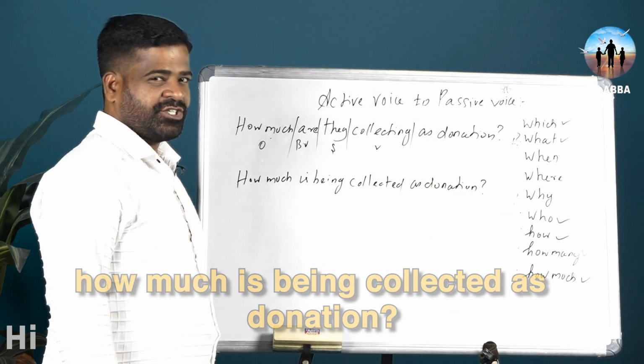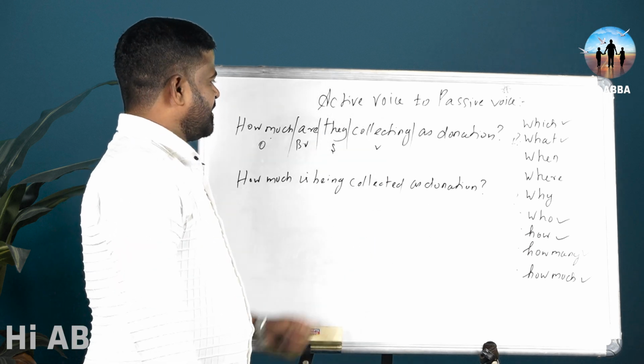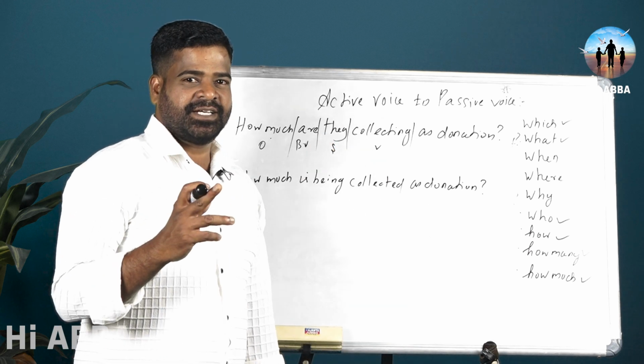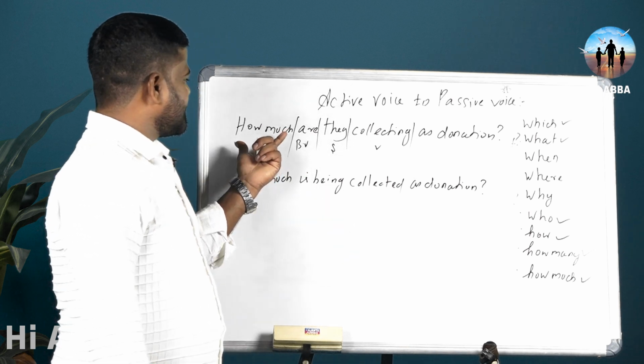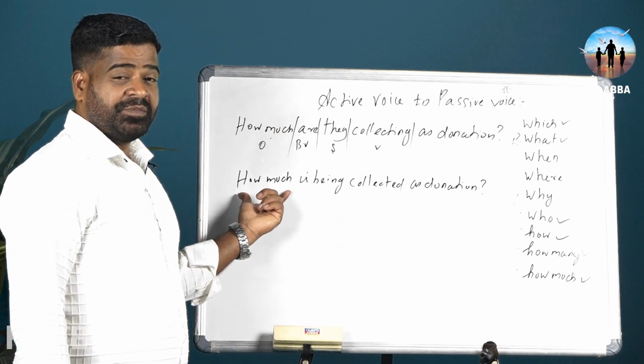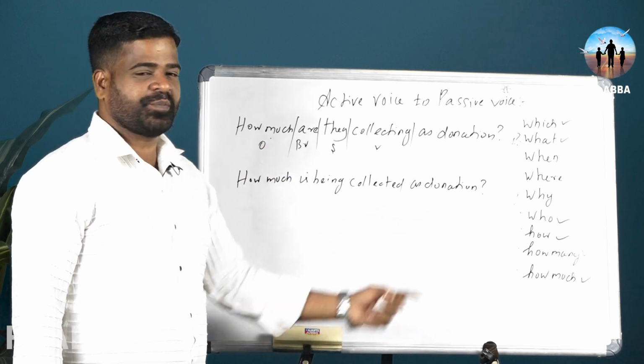By the agent omission, we have learned it so much, so we will just skip that. Maybe that refers to the management that runs the institution. So now, my dear students, understand that how much is the object in the sentence, and it is treated as an object and changed into passive voice.